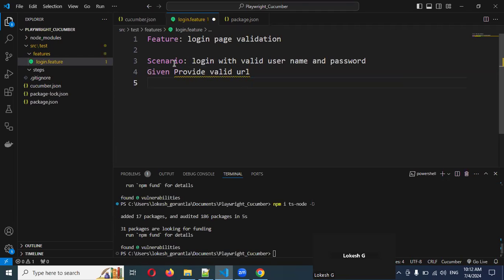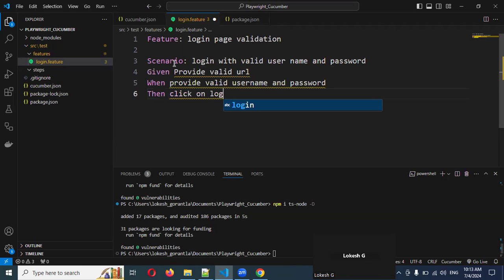URL. Okay, and then when, provide valid username, and username as admin, or else we can see username and password. We'll see that later. Then click on login button. Okay, and then verify